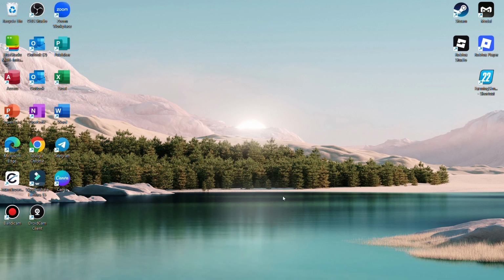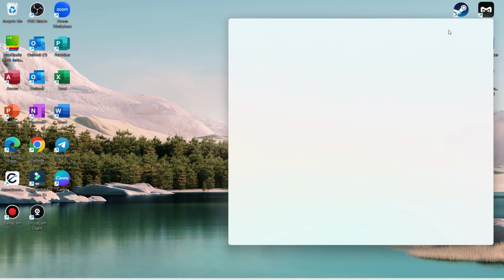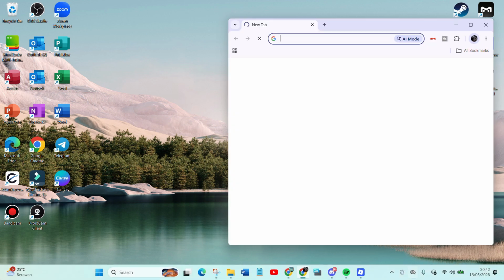Bookmarking a web page will allow you to pin sites and specific pages to make them easier to find the next time you need to access them. So how do you add a website or page to bookmarks in Google Chrome? It's very simple. First of all, of course, we have to open our Google Chrome,